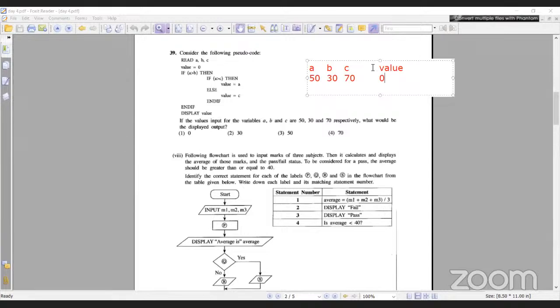Line by line. Then check if A greater than B. Now A, what do you have? 50. B, what do you have? 30. Is it greater than? Yes. Loop if condition